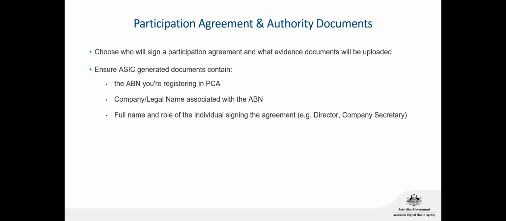So the legal name of the business. We also need the name of the person that's signing and their role in the organisation. So that could say director or company secretary. It also needs to have the full ABN as well. The four pieces of information are listed here, but again, this is only required if you choose to go down the